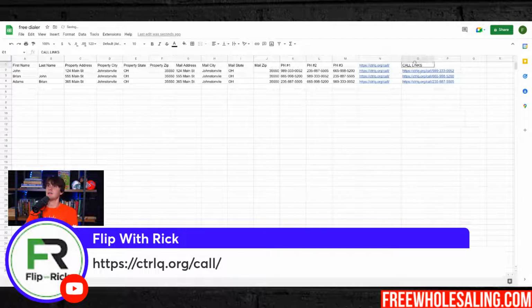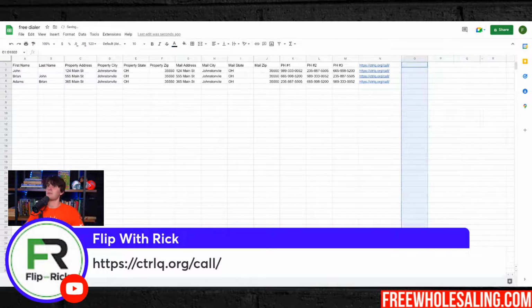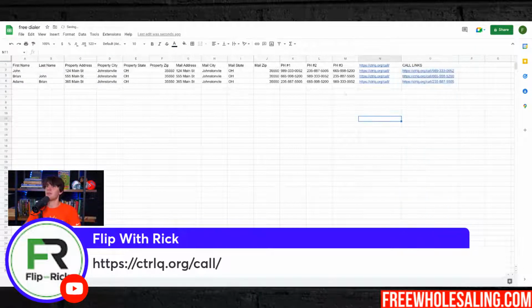And that might actually, hold on. It might freak out if I do this because of the way I coded this. All right, no big deal. So now we have the call links, right? So we're going to delete this one, then boom. Oh my God, I'm all over the place today. So this is what it sort of looks like, okay?